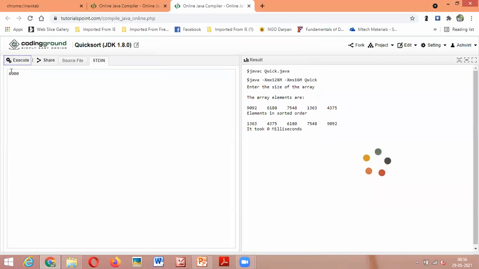So I'll give 5,000. Let's see, because for merge sort, 5,000 executed in the last class. See, for 5,000 it is executing. They have given a limited space. If we give more than that, it is not possible to execute. Anyhow, for now, you can execute and check how it works.